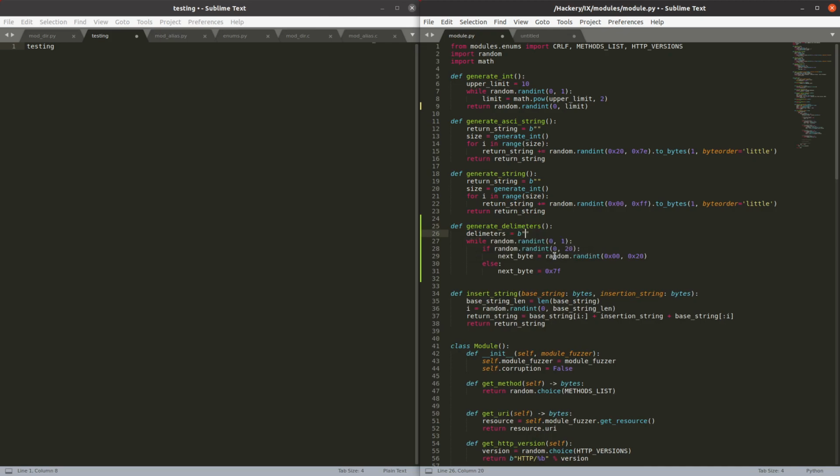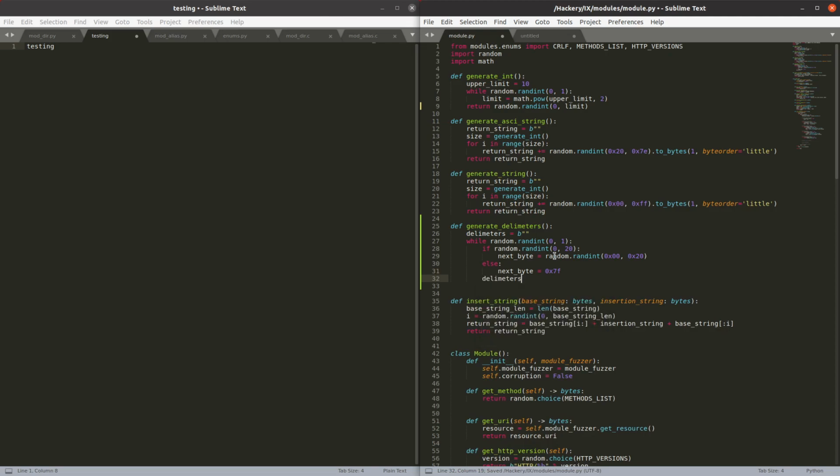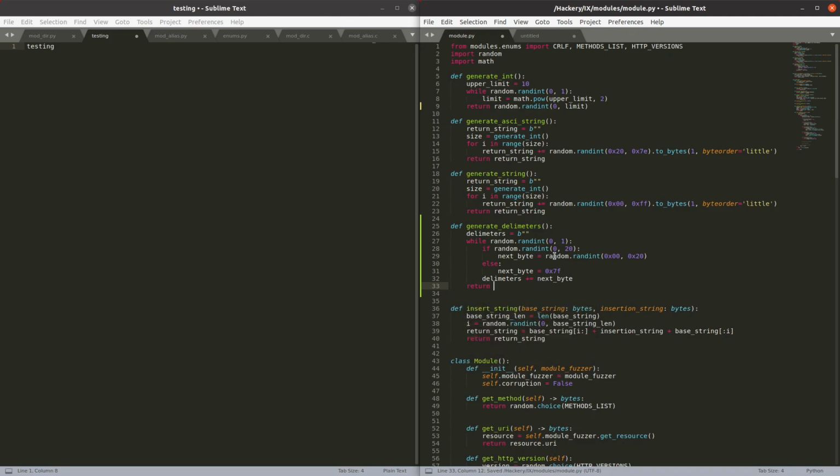Delimiters equals delimiters dot, wait, plus equals, you can't do dot append with byte strings. Next byte, and then we return delimiters. I just realized I don't have a return type, hence